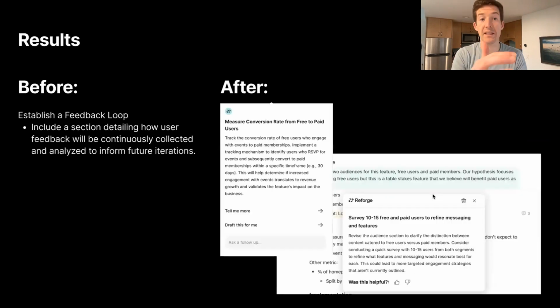And the example of how this would have been done before is we would have said, establish a feedback loop. And sorry, we don't have the screenshot, but the suggestion would be to establish a feedback loop, and then it would explain the value of collecting user feedback. And once we've made these changes, we do a much better job of detecting our document and also being much more specific and actionable. One of the suggestions on this document now is measure conversion rate from free to paid